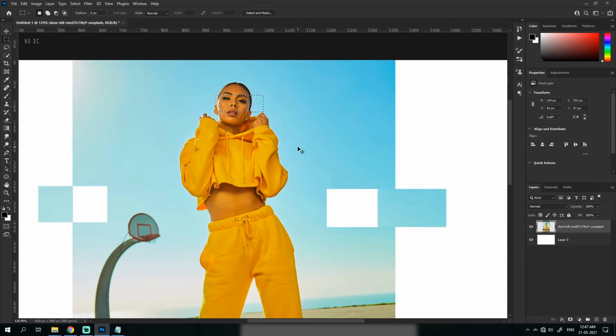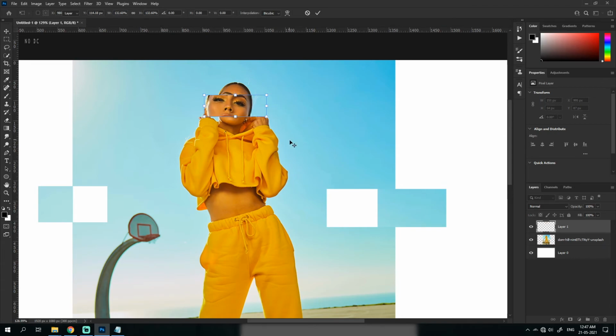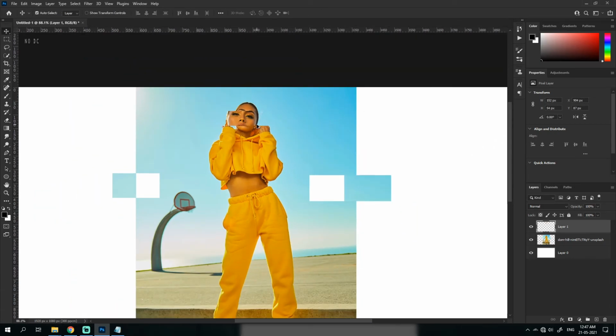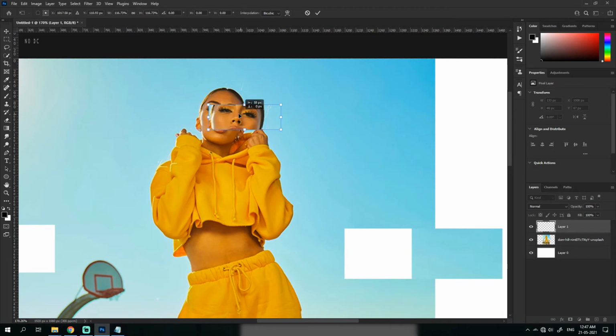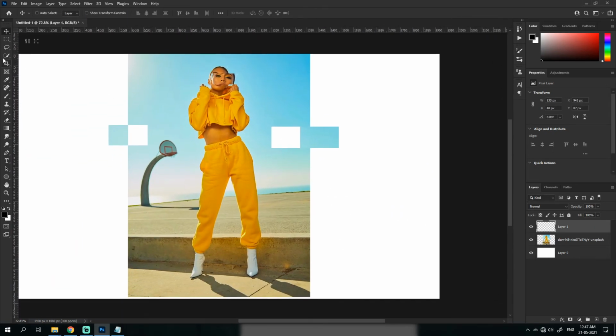Actually, how about we just make a duplicate of her eyes so that we can do something maybe like this. It looks weird, but I think I'm going with that only. It's some weird kind of thing. Something like this. I want this to be out of place.